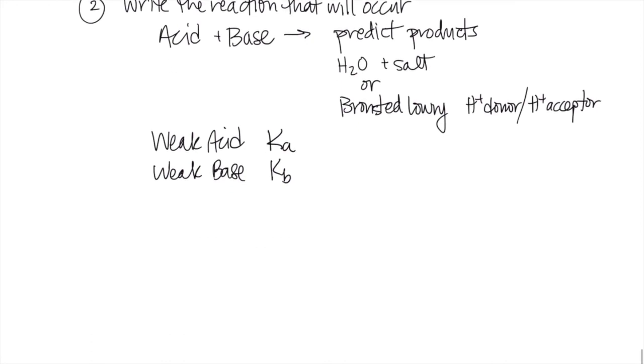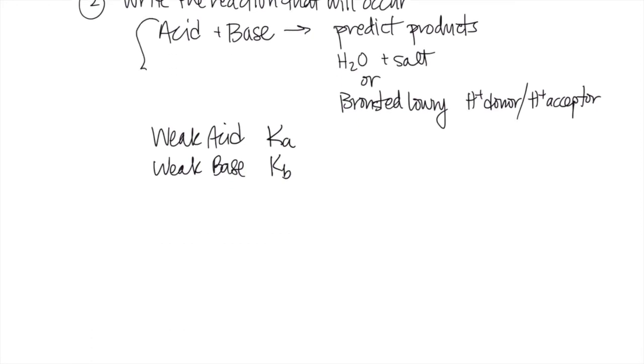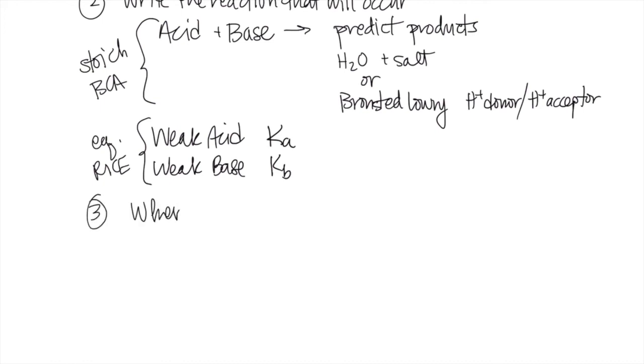If you're doing something that's stoichiometric, like these guys, you're going to use our BCA table. If you've got an equilibrium, you're going to use a Rice table. That's the second thing. Third thing, when you get to the end of the table, either of the BCA or the Rice table,